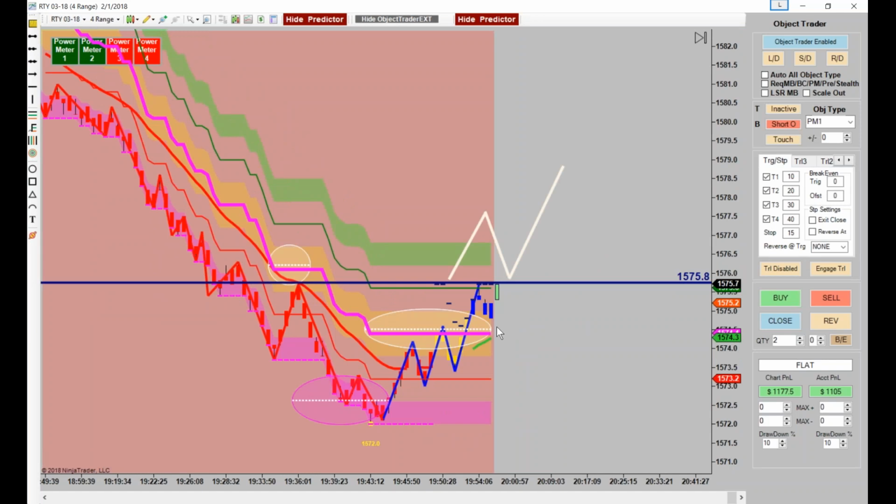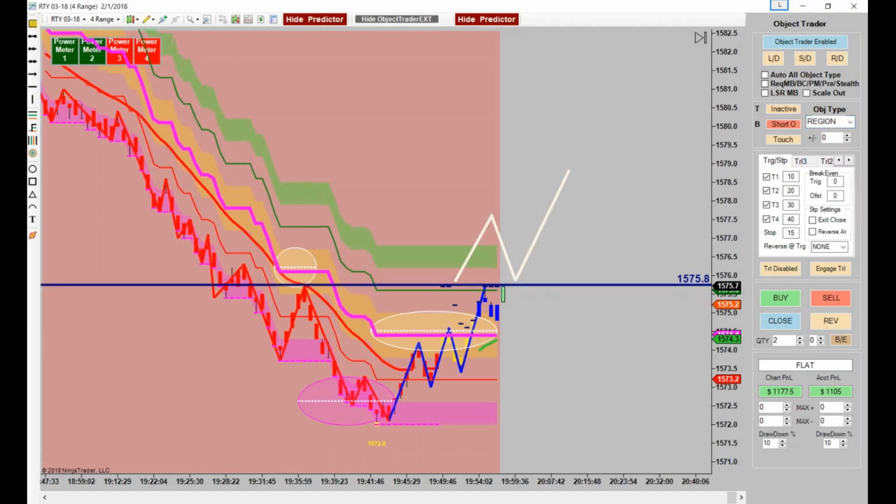So could we get ready to box this in to the short side? Anybody want to try it? Region. And we're not looking for longs yet, remember, because it's got to break and pull back. So we're going to simply look for a short